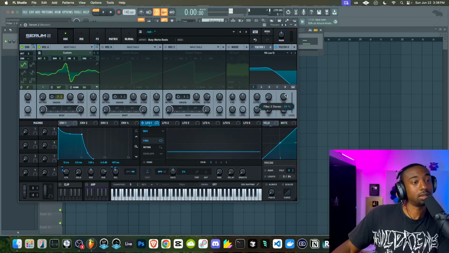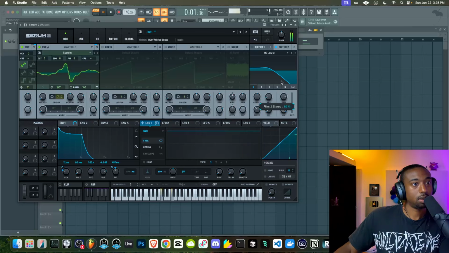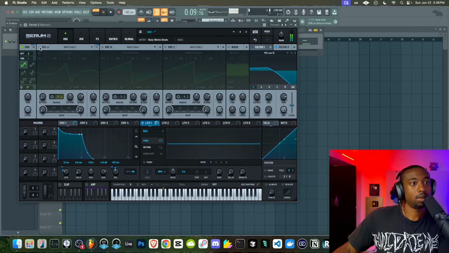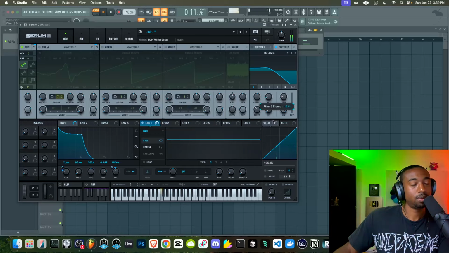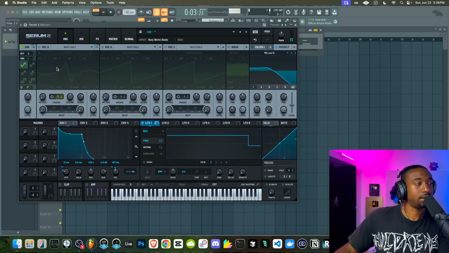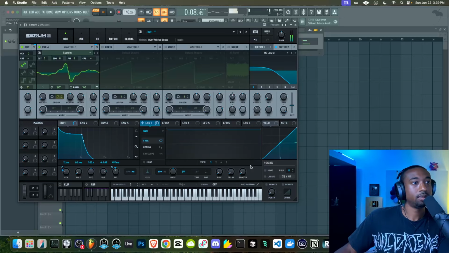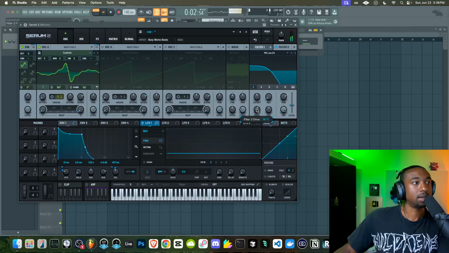There's also a pan knob, which changes depending on the filter type. So let's see if we could use this to our advantage here. So it creates an offset of filtering one side versus the other side, and it creates a difference in the left and right ear. So we're getting a little more width out of the sound there. Let's also set this to 24 dB per octave curve. So it's a sharp cutoff of those harmonics. Okay, so now we have a lot of weight.